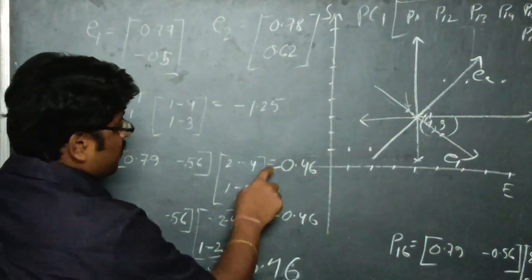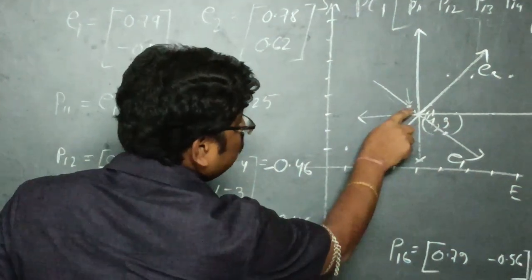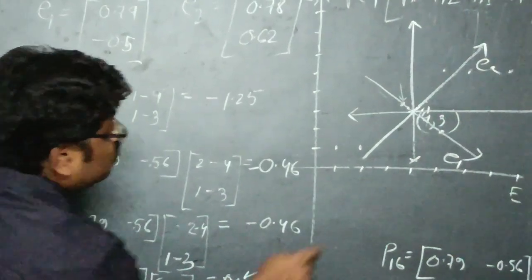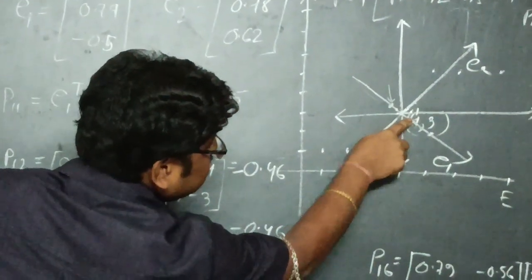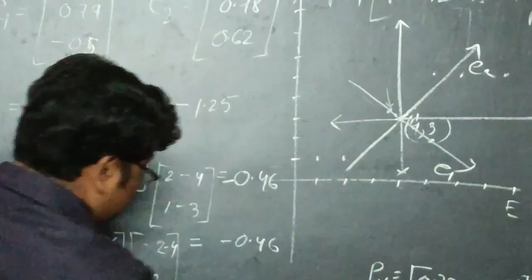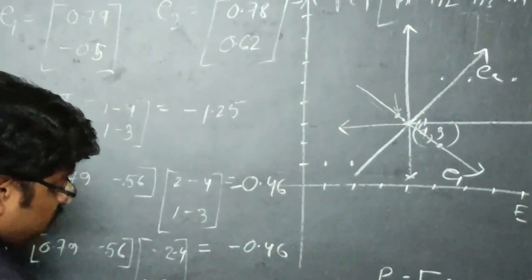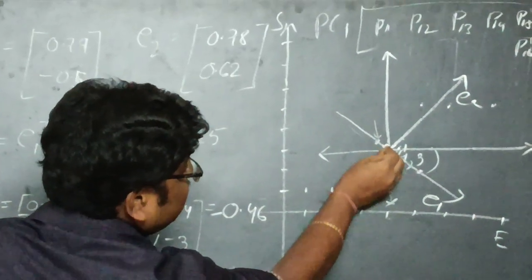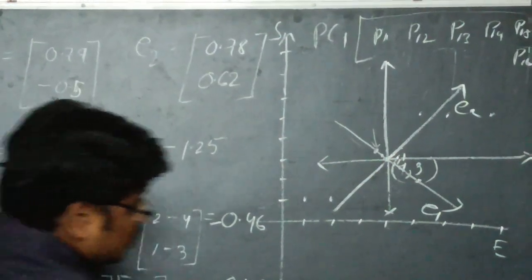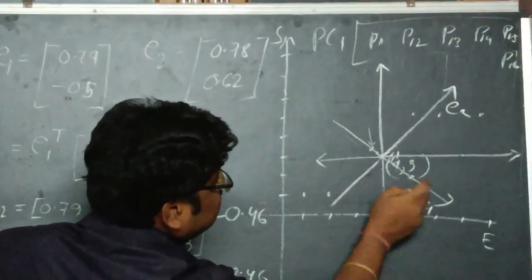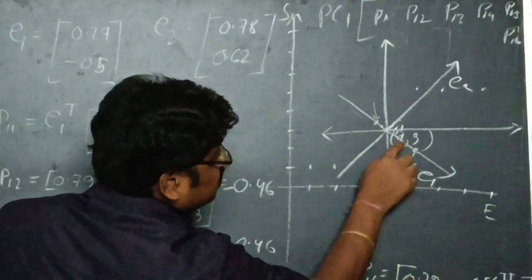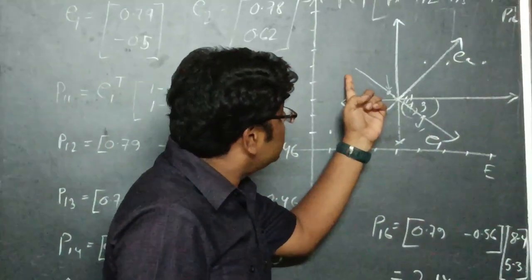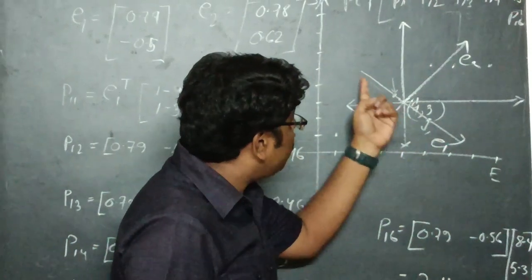Minus 0.6 is below this point, and 0.46 is to the right of the origin but less than 1, and minus 0.33 is just above the origin, and this point is plus 2.14. This is 1, this is 2.14. So we have plotted all the points on the